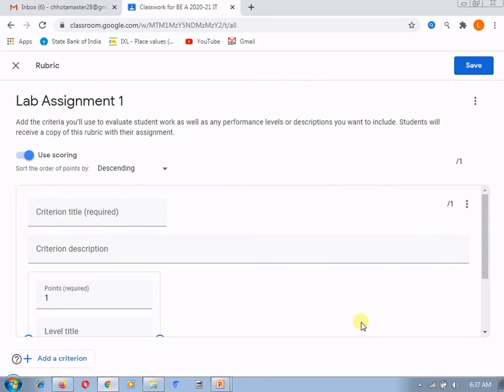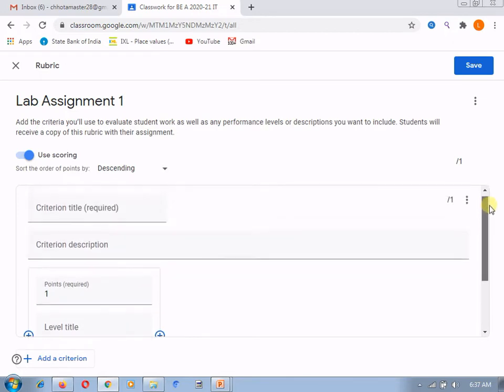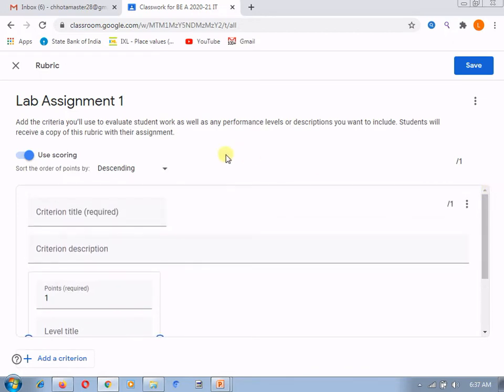For the creation of the rubric, you can see how many points you have given to this particular assignment, and here we are going to set the levels of the rubric. The title is required; the rubric is for lab assignments. I am giving this name because I am going to use the same rubric for all the assignments.